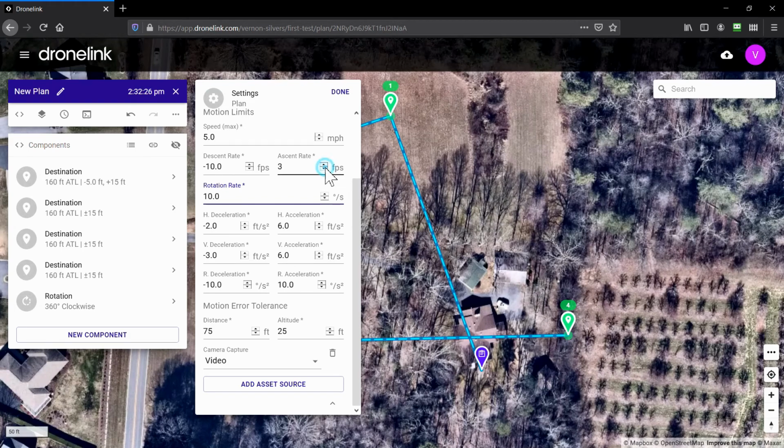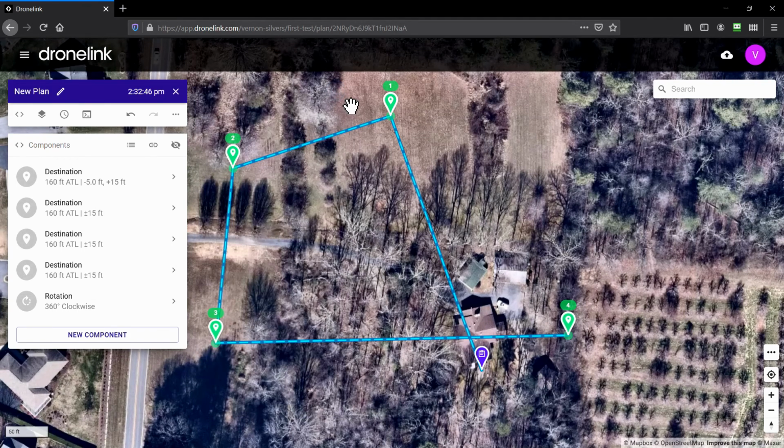I'm going to take that down to 3 feet per second. 30 feet, it'd take 10 seconds. 160 feet. Maybe I'll jump that back up to 5. Okay. Rotation, the rest of this I don't want to set as global defaults. So I will